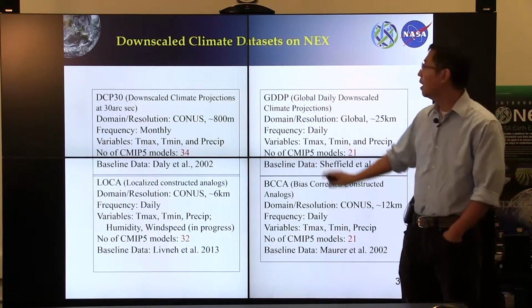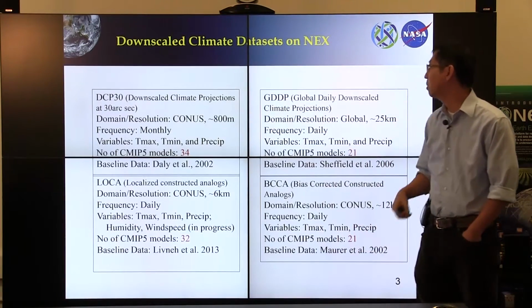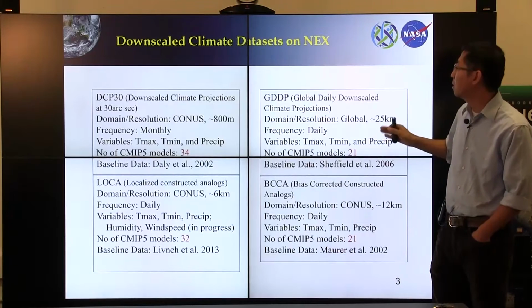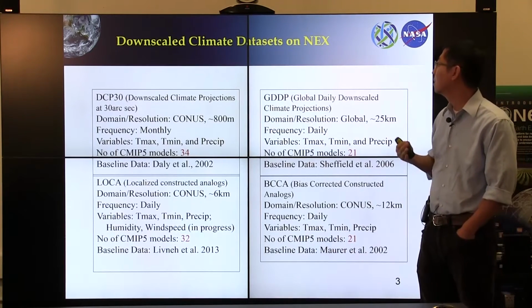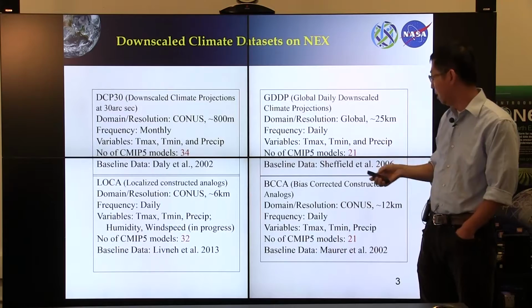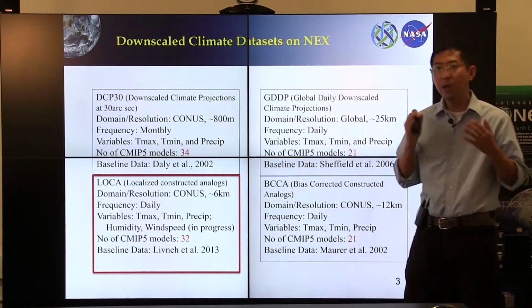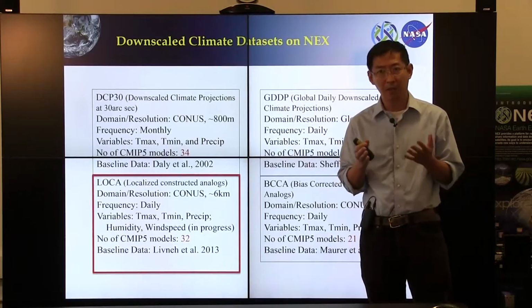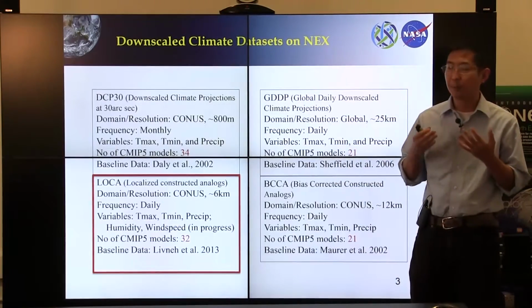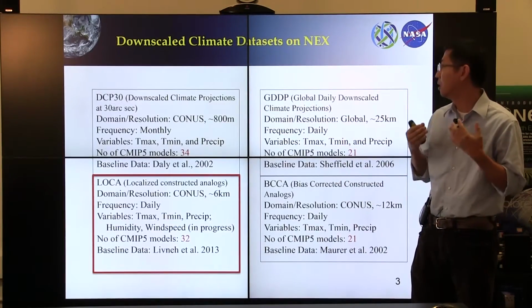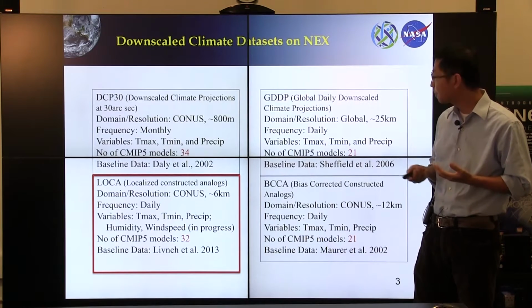Okay, so this slide was from my talk previous time. I talked about how we generated 4 downscaled data sets on NEX, and LOCA is one of them. So you might be interested to ask why LOCA is so different, or why everybody is interested in this data set. Well,